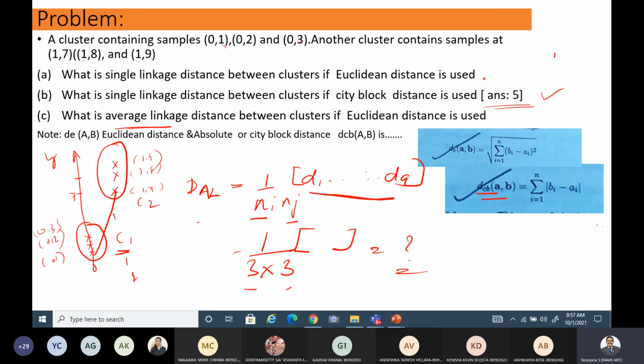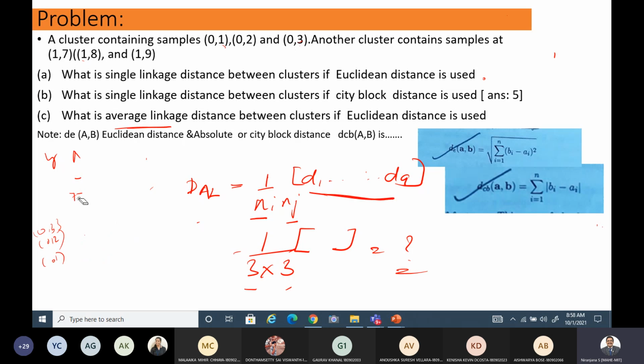Okay, I think you're able to do that. Any questions here? Sometimes the cluster may be given, sometimes you may be asked from the sample directly. Sometimes even a cluster may be given and the cluster may be required to be divided. Okay, so depending on the question, you can just attend. Any questions here on this problem?